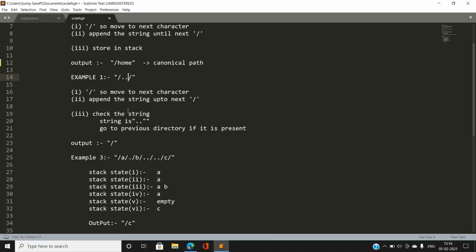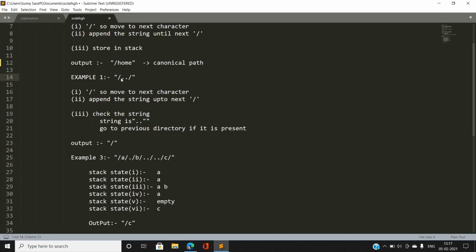And if the stack is empty, that is, if there is no previous directory that has already happened, then we are going to continue further. But if there is a previous directory, we are going to pop an element from the top of the stack, which is denoting the previous directory. Now you can see such a string is not present in the stack. We are not going to pop an element from the stack, so we continue further.